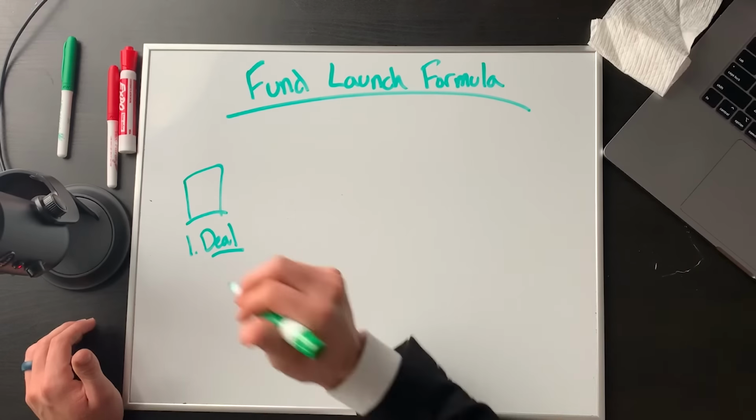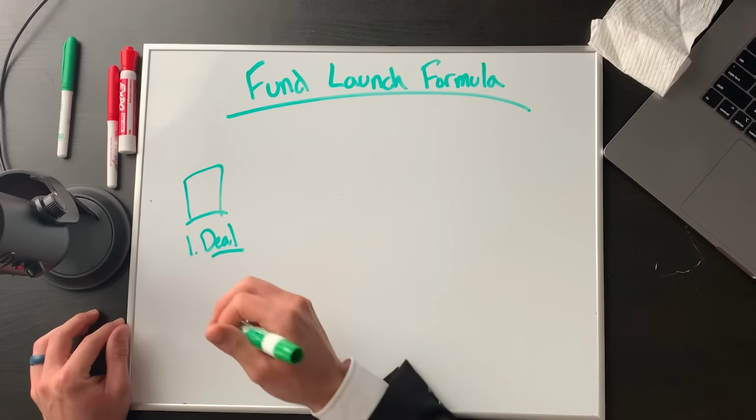So he said, step number one is find the deal, right? If you have a good deal, money will find you. An example my dad gave me about this, some of you might have heard this before, but he said, Bridger, because I was always worried about launching a fund. One of the biggest questions people have is, well, I don't have a track record, I don't have experience, I don't know how to get started. This is the way you get experience to get started, right? And he said, Bridger, step number one is you need to find an amazing deal.